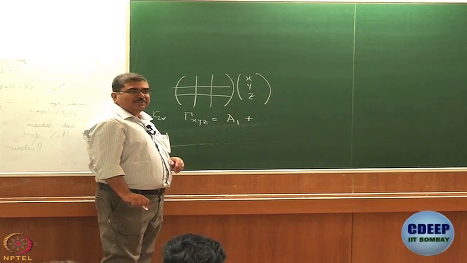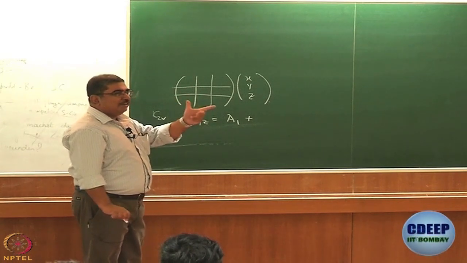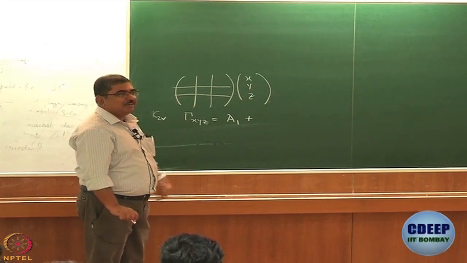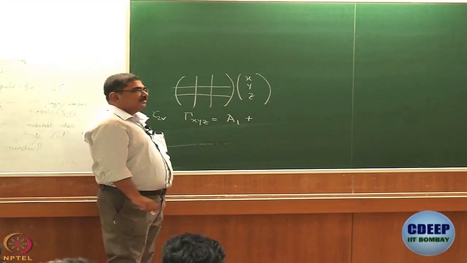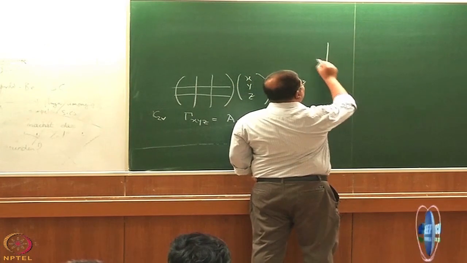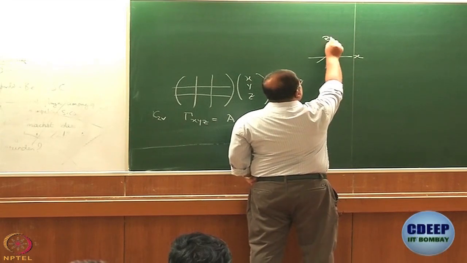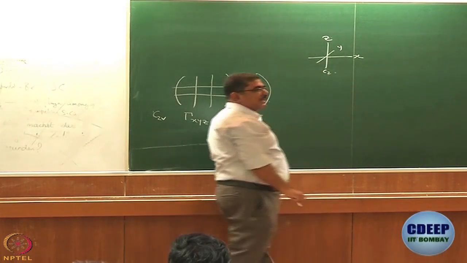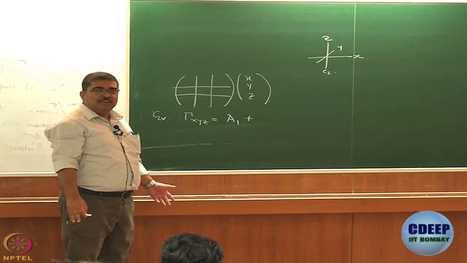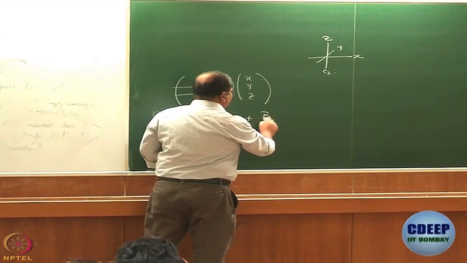We can work out quickly actually. Will it be A, will it be B? If I take x or if I take y, will the character of C2 be +1 or -1? Water is very easy, we can work it out anytime. X, y, z, right? This z is the C2 axis. Will the character of x and or y be +1 or -1? -1. So, will it be A or B? B. So, A1 plus B1 plus B2.